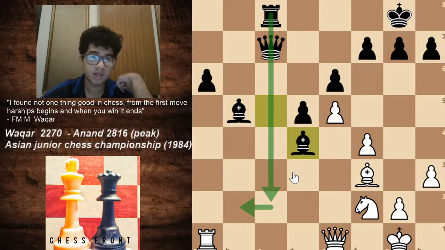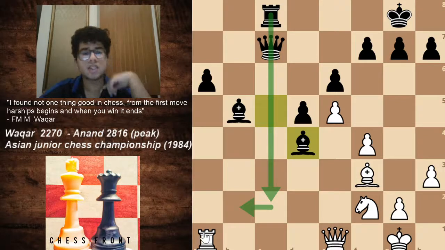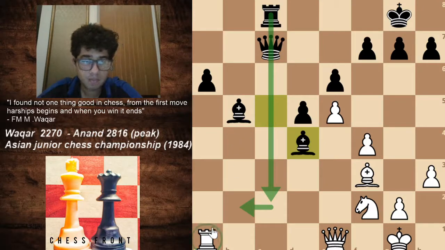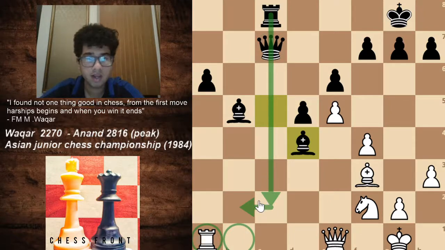So there's very little that white can actually do to keep himself in the game, as he's completely positionally lost, because any place this rook moves, the queen infiltrates on the second rank, and this knight is pinned and will eventually be lost.